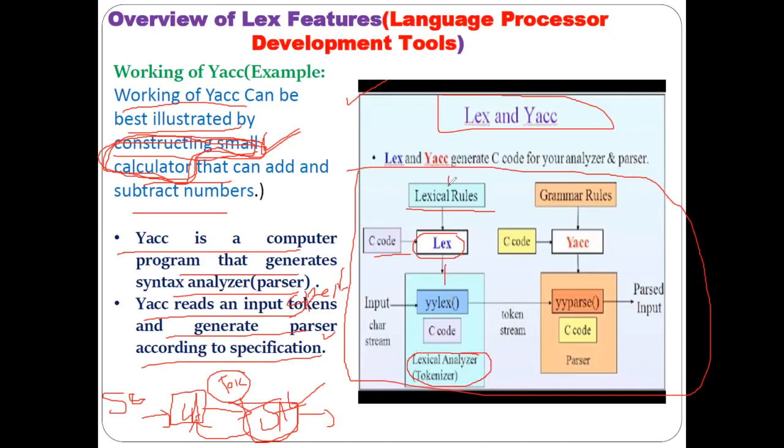So you have to write some lexical rules and some translation rules, some code, and then with the help of the function yylex, the lexical analyzer will be generated. Then when you give some input as higher level language code, your lexical analyzer will generate some tokens here. That we have already seen in the practical also. Then these tokens are given as an input to the parser.